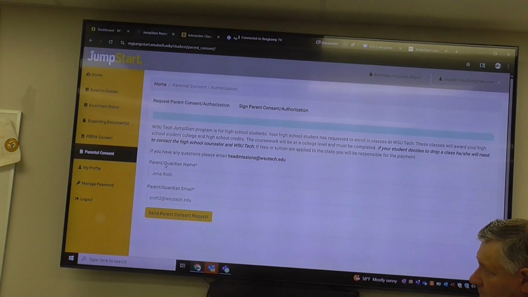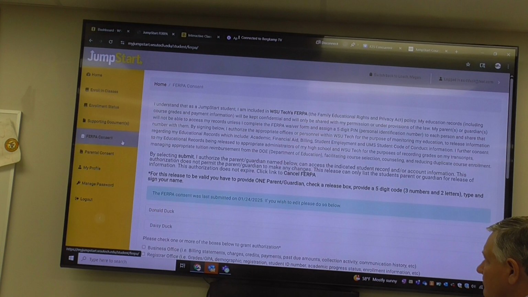So even if you're not 18 yet, you have to get a signature from them, just saying that they're gonna be responsible for the payment, because if it's not paid, you guys can go to collections. So somebody has to be responsible for that. Not saying that it will, but if it does. So you can hence send parent consent, and then make sure that you have a conversation with them later tonight,